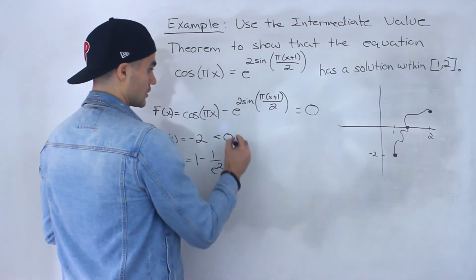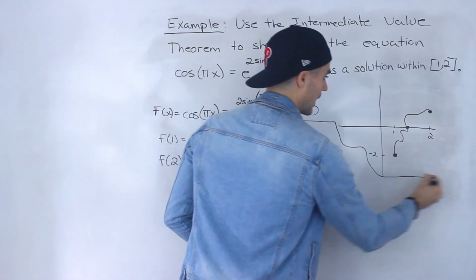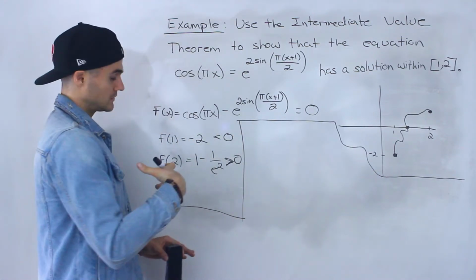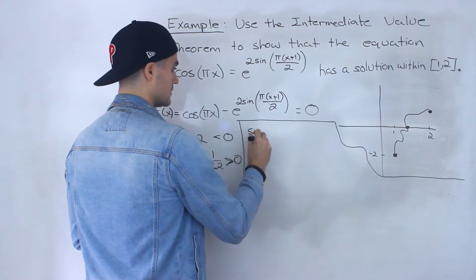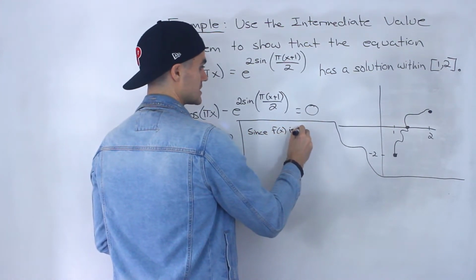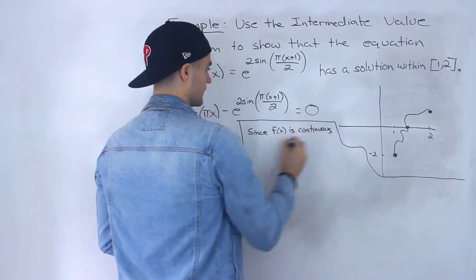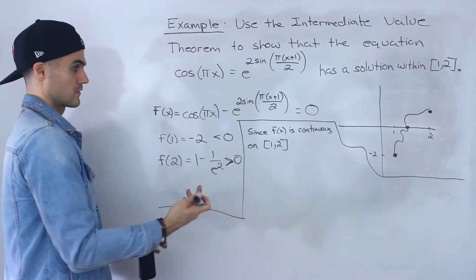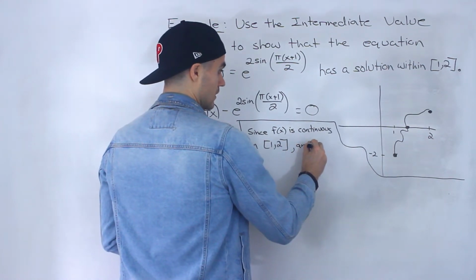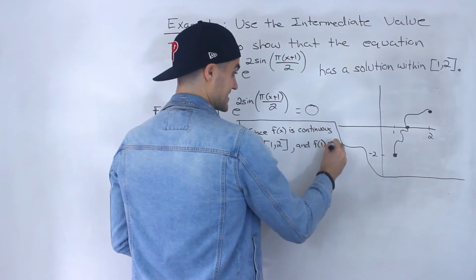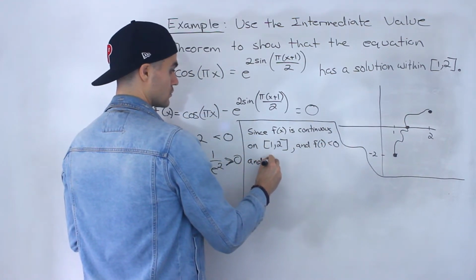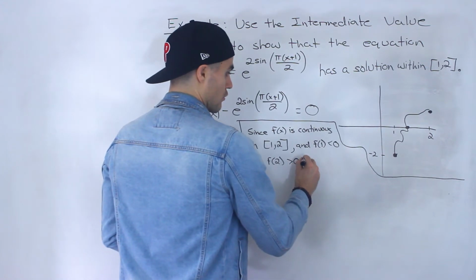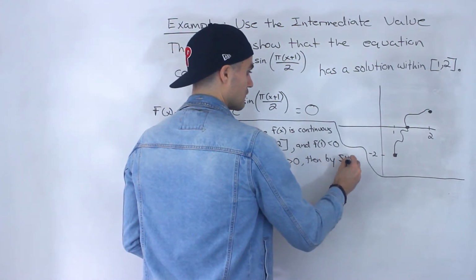So what we can say, the concluding statement, now your prof may want a certain format for the concluding statement. I am not the best at making these, but the way I would make the concluding statement is I would say, since f of x is continuous on the interval 1 and 2, between x values 1 and 2, and f of 1 is less than 0, and f of 2 is greater than 0, then by the intermediate value theorem,